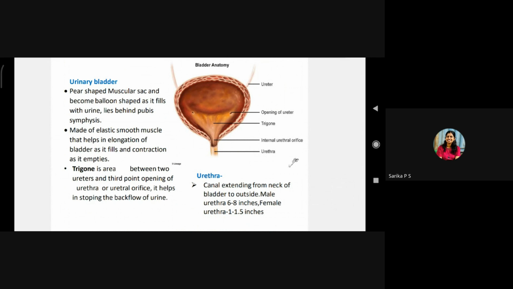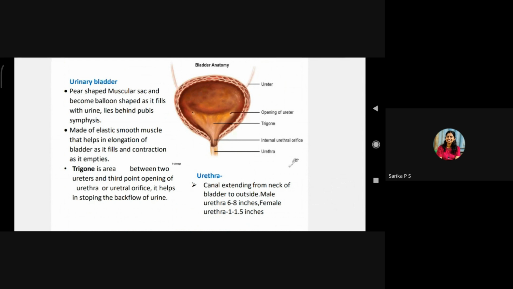When we are putting so much pressure into it, and we are not passing urine in time, and it is getting filled up, then it takes the shape of a balloon as it gets stretched so much. So yes, it has the capacity to stretch, but it's not okay to hold urine,